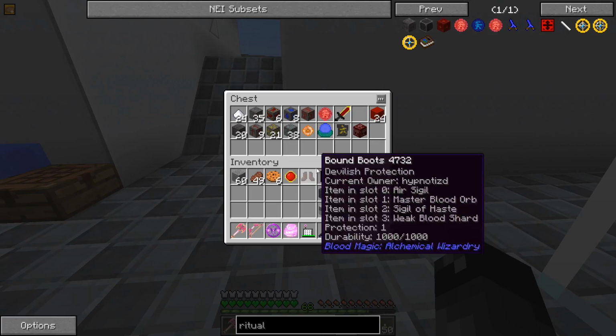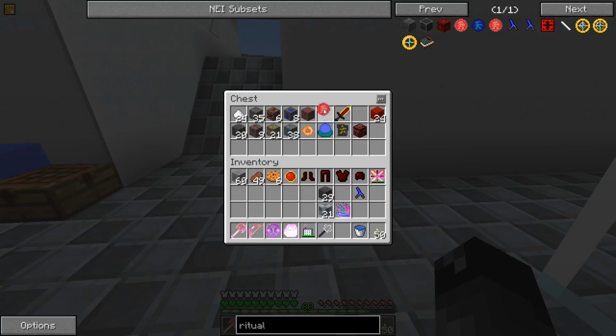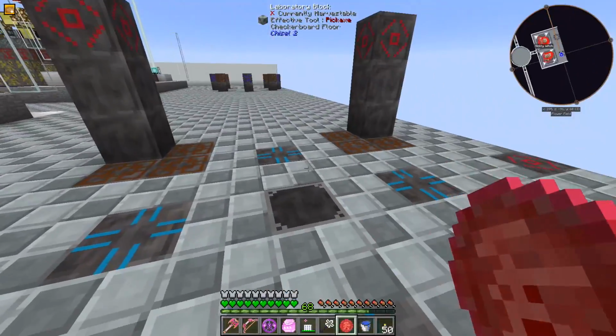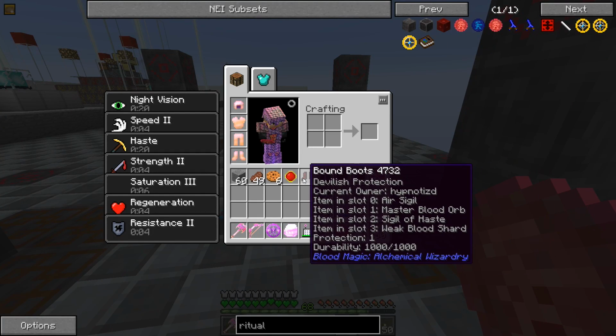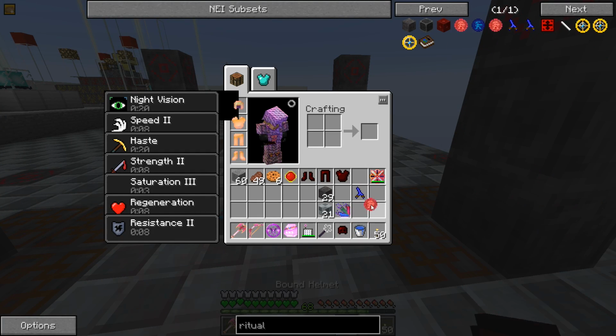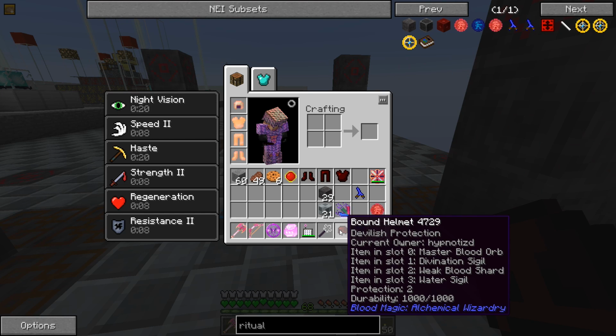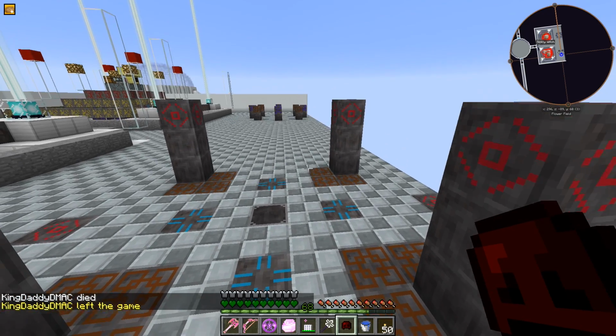I bet we have to activate that with the weak blood or activation crystal, which will turn it on, and then we probably have to throw a piece of armor on there. So I'm curious. I'm just gonna throw the helmet on there. The helmet, I do want to have the Thaumcraft stuff on, and we are not there yet in Thaumcraft. So I'm gonna recraft this when we get to the...